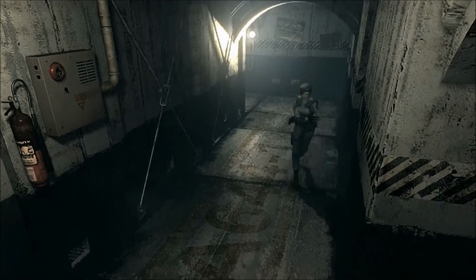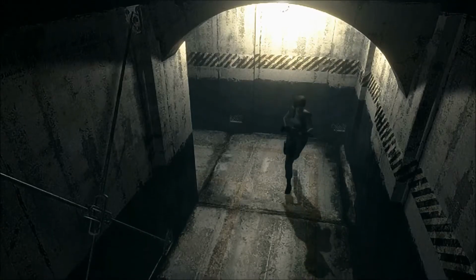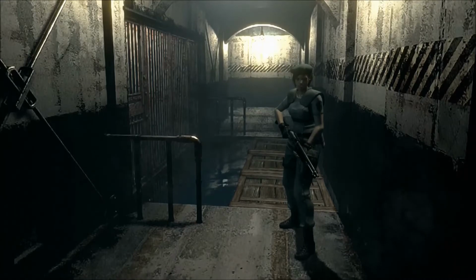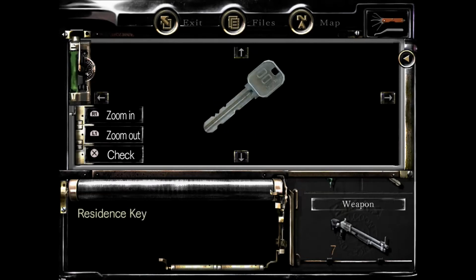Now, this is odd again, though, Christopher, because obviously we've just picked up a residence key, but you've taken us back down to the laboratory. What was your thinking here? Do you know a shortcut that maybe I'm not aware of? No, I was just thinking the underground secret lab underneath the residency. Or that must be part of the residency, but...